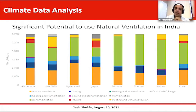So we did, as a part of the research, we analyzed many cities in India and analyzed the climatic data. And from that data, you can see we came up with this image for 8 cities and what operation mode the building has to operate in to provide a comfortable environment. And the orange part in the bar at the bottom represents the time of the year when the building can operate